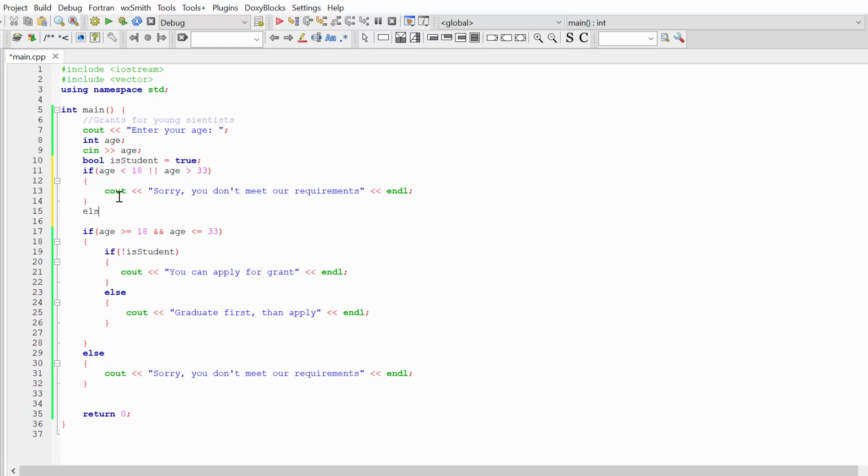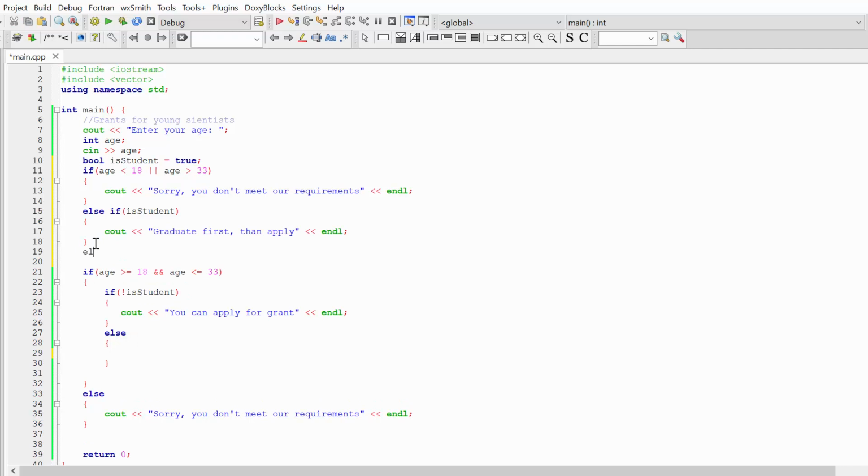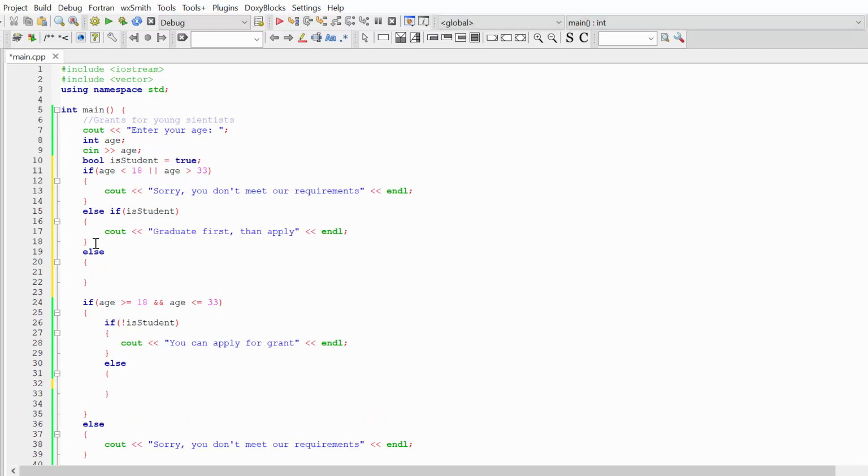So we're going to write the next statement as else if our user is student, and in this case we are going to write him graduate first, then apply. And now we are left only with the people with acceptable age and acceptable status. So for these people, we are going to write you can apply for grant.